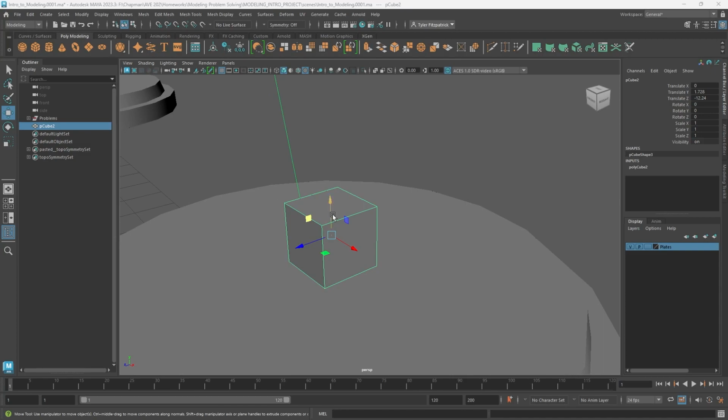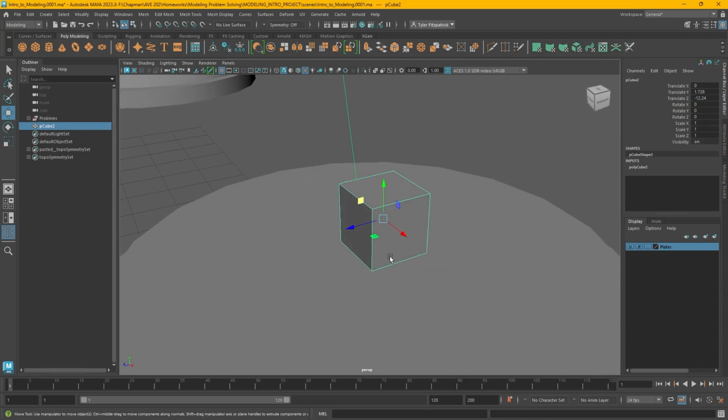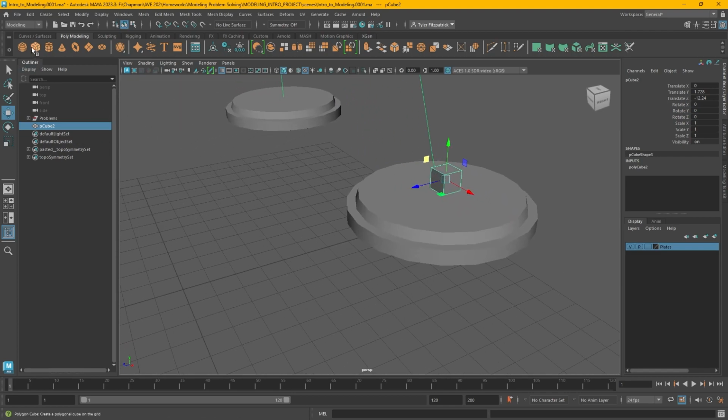Now you may have noticed that when I added this cube to the scene, it was also added over here in the left column under the name pCube2. This column is called the outliner, and it essentially is a list of all the objects in our scene. And not only that, it can also be used to sort of categorize them under groups and hierarchies, which are useful to us. So for example, if I were to make a second cube,